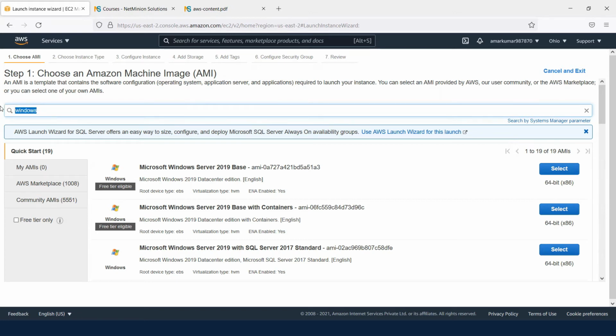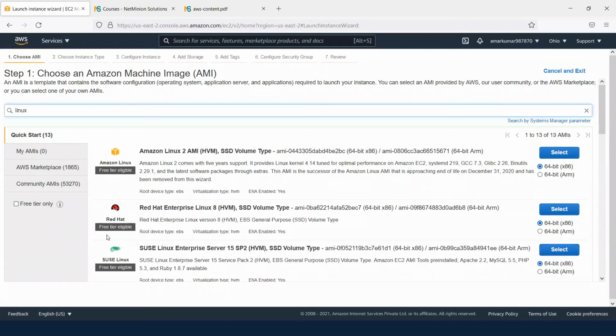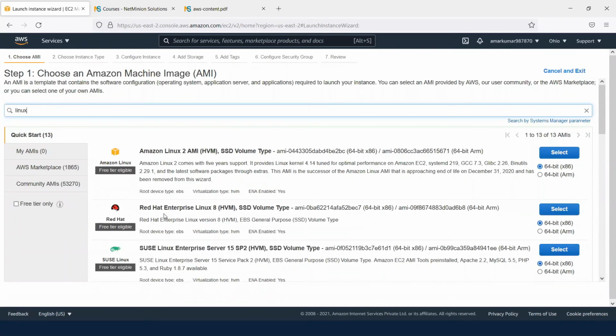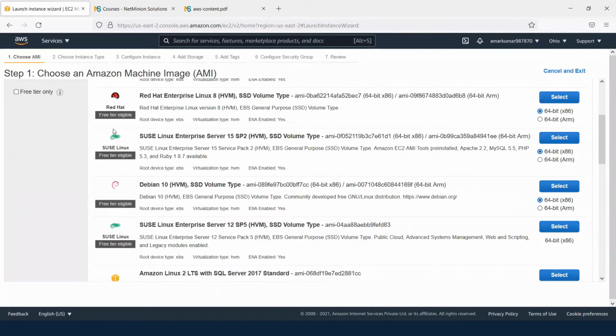If you want to take a Linux server, select Linux and it shows you Linux machines. Here we have Red Hat Linux, SUSE Linux. So we have different types of Linux to choose from. Either we can take a Linux machine or a Windows machine. You would also see here Free tier eligible. That means if we deploy this machine, it is not going to cost me anything, because for 1 year AWS provides you free services. Some of the services are free, not all. So these are the free tier machines that we can take.